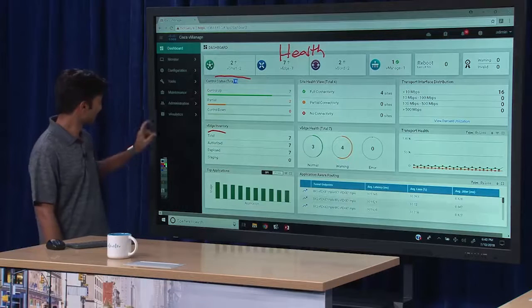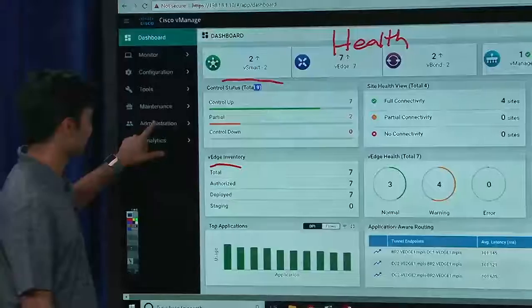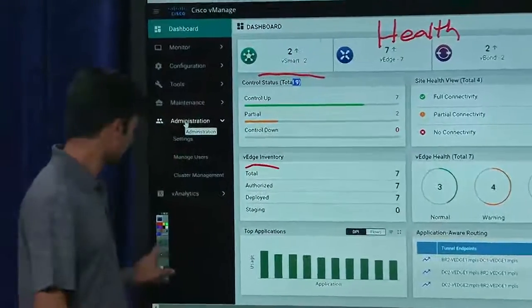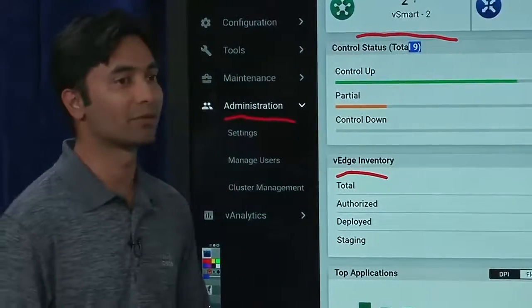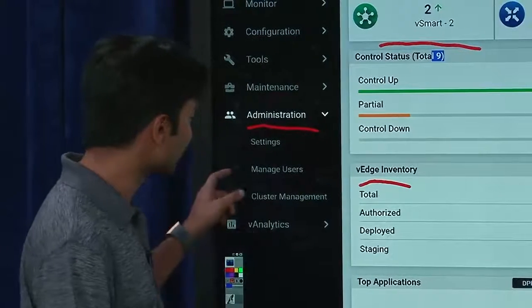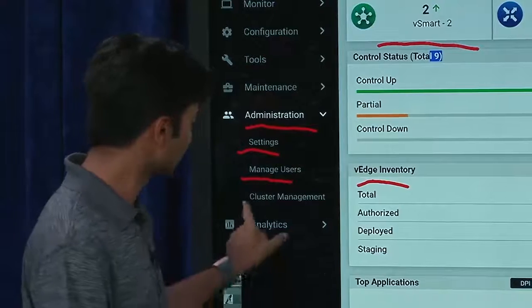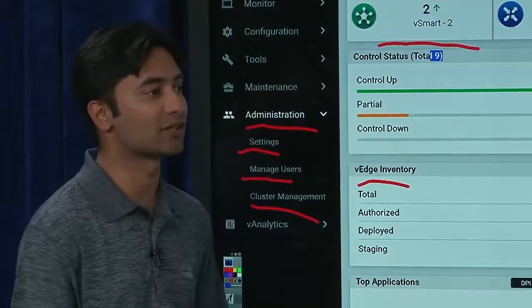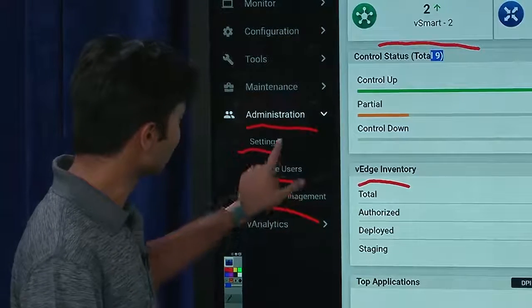Right. The next thing we want to look at is the administration page. The administration section is where you go for first-time bring-up, when you're first operationalizing this environment. So you want to identify those key settings, the users that operate this network, and if you're going into some more details with regard to how you deploy vManage. So when we look at just settings,